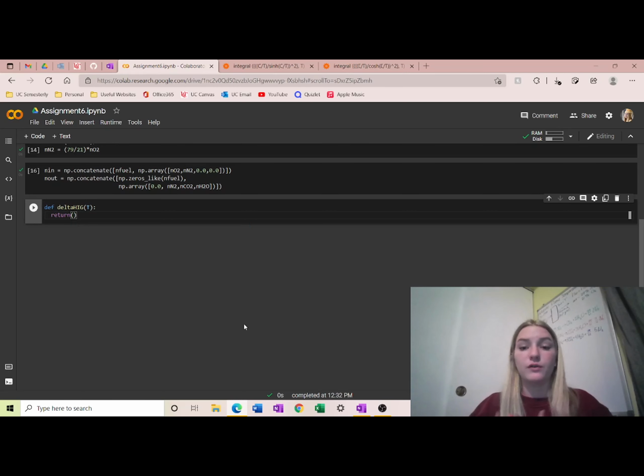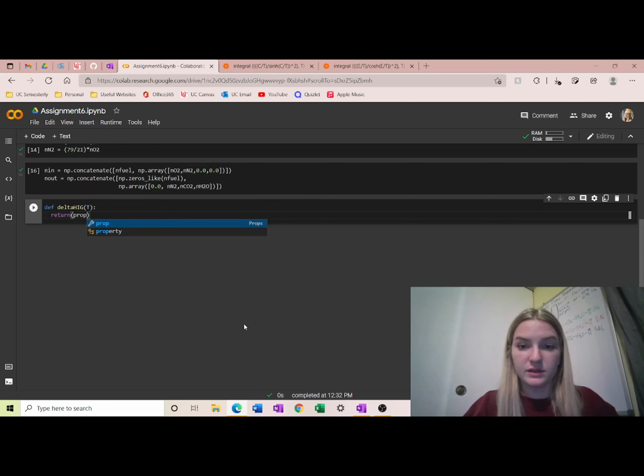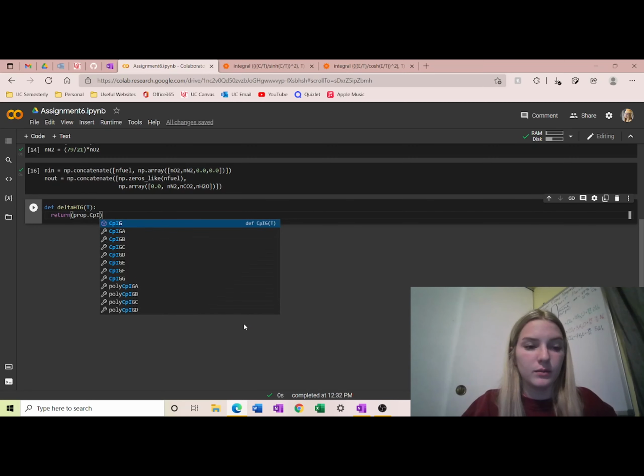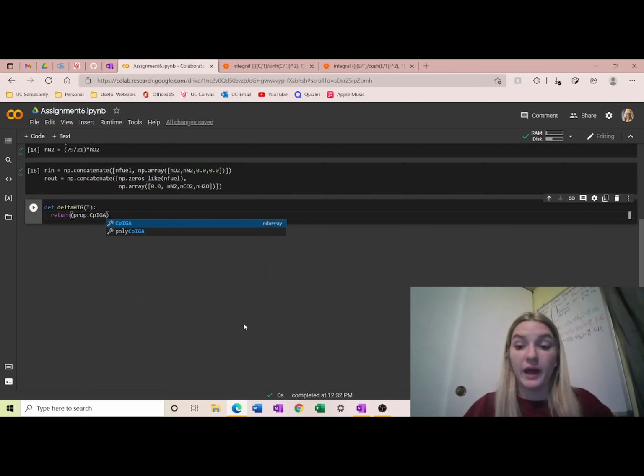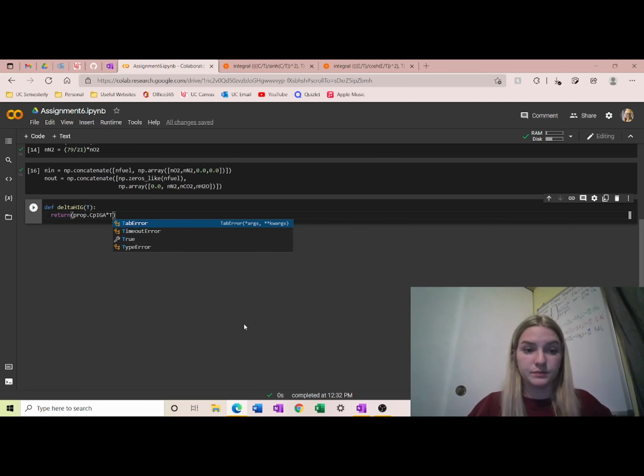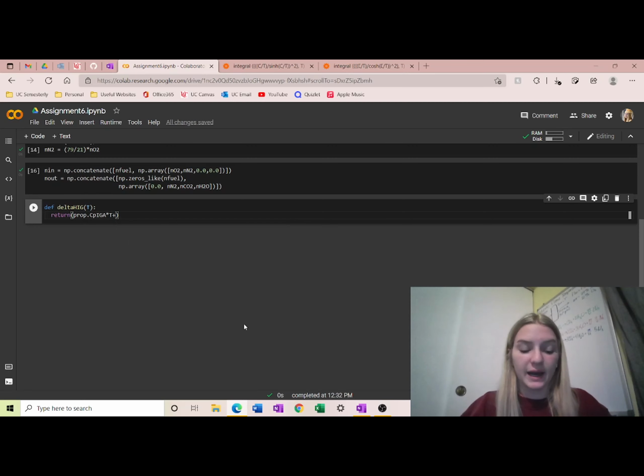We're going to use our formula from ChemCAD, but we have to use prop dot the heat capacity of IG, and then our variable A, and then we are going to multiply this by T, so that is our first part of our equation, and then we are going to add